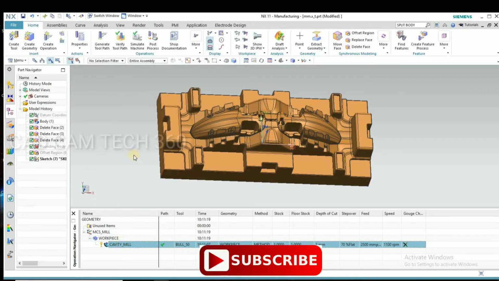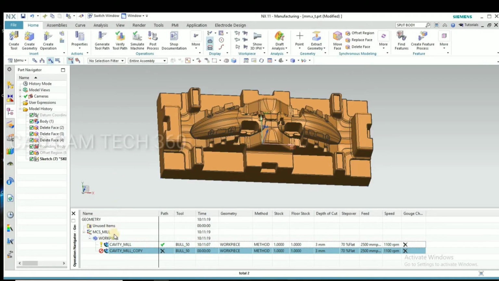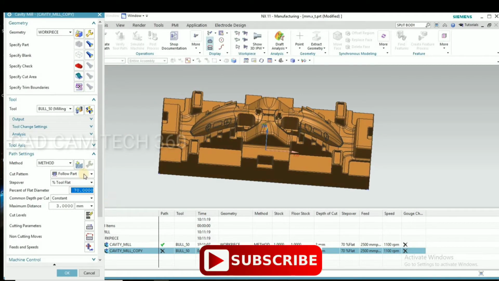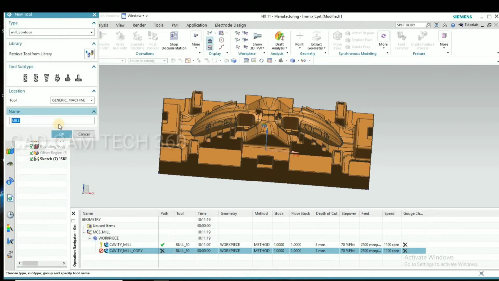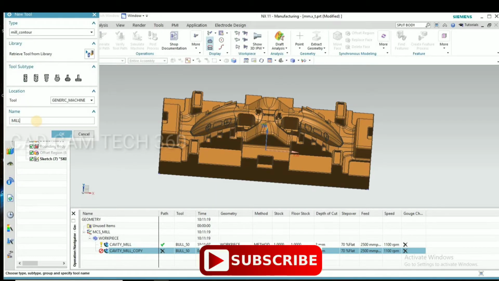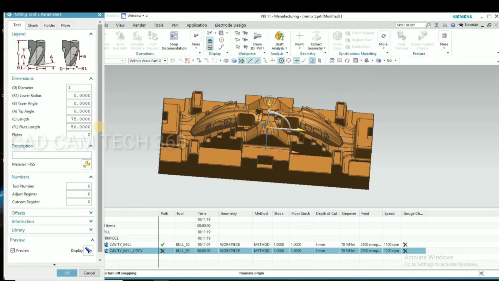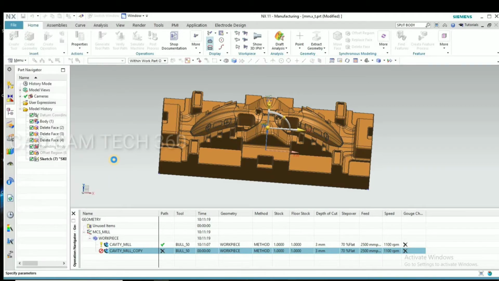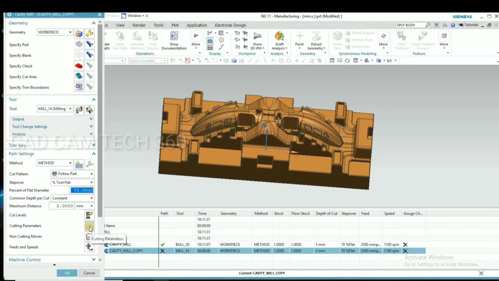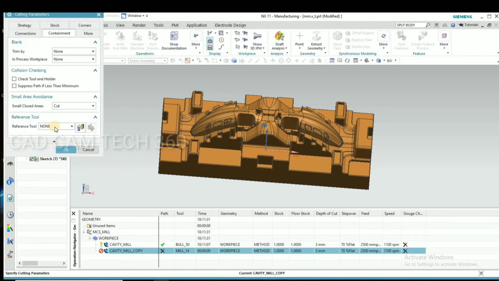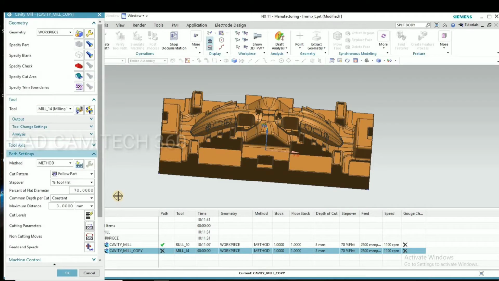Then next I go to copy and paste. Here I'm going to change tool diameter. I give here 14 end mill, 14, and go to stock is same, containment is 50 bull,